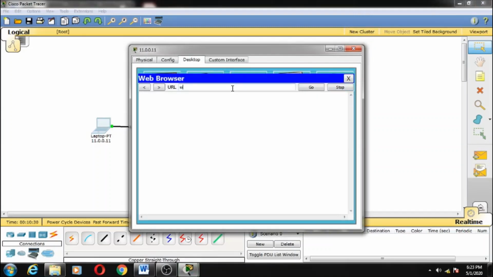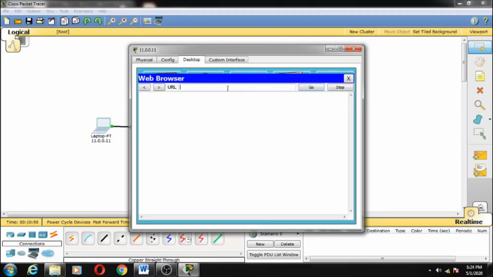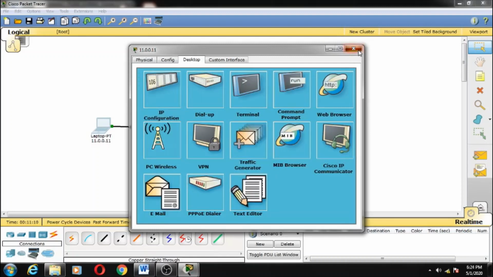So we'll type in the address in the web browser, which is www.mywebsite.com, and we'll click on go, and now you can see the result which we typed in the HTTP page. So now let's try to do it again, this time not from the domain name but from the IP address. So let's do it: 11.0.0.10, and it gives the same result. When we press enter, we get the same result. So we see that now the DNS is configured and it's working properly.